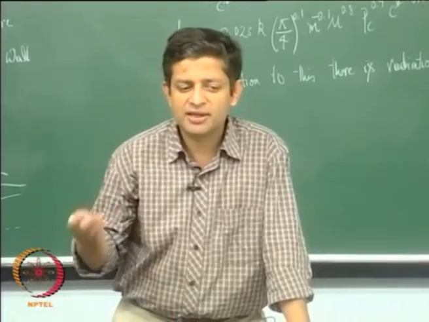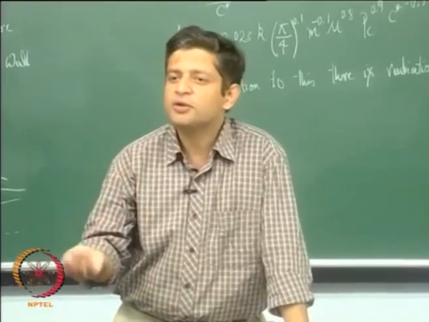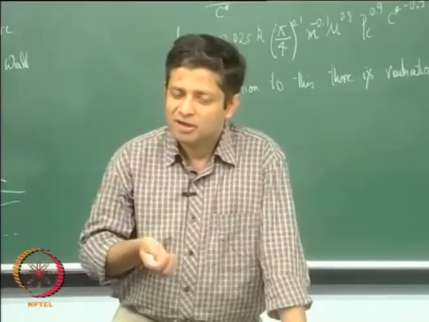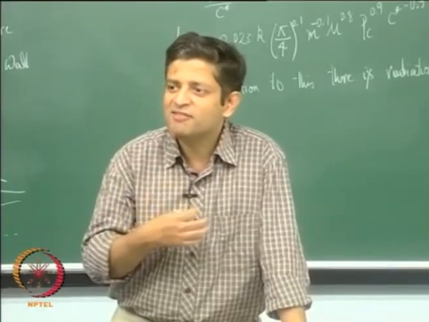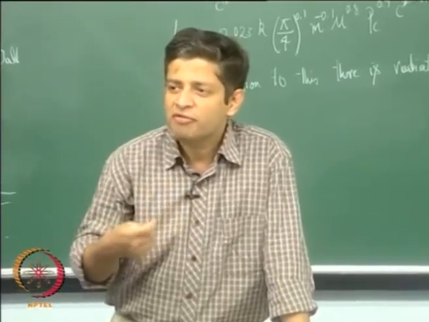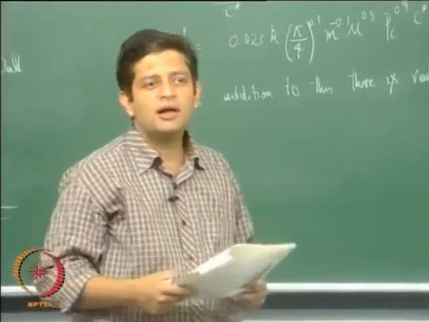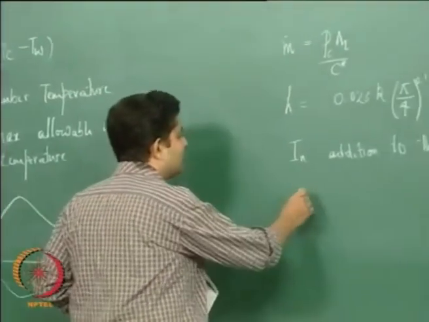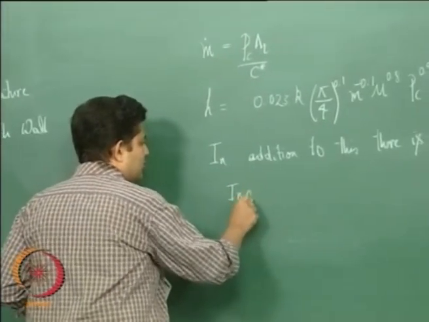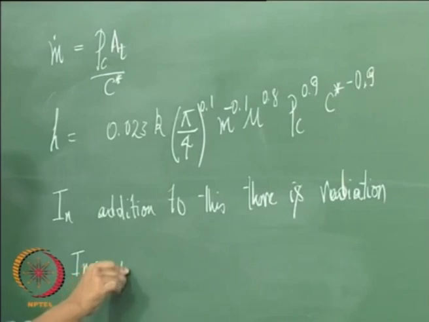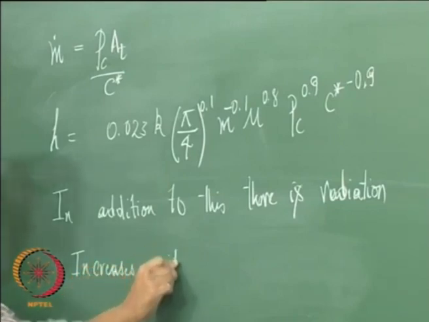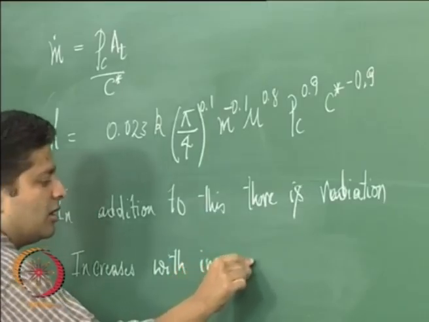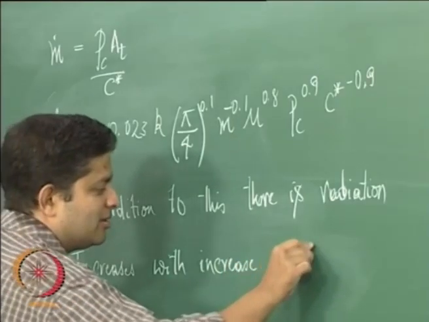If you remember, we said this propellant cannot be used in tactical missiles because of its high heat signature, which also means that the radiation heat flux in these motors will be higher if there is a larger fraction of aluminum. So the radiation heat transfer increases with increase in aluminum content,